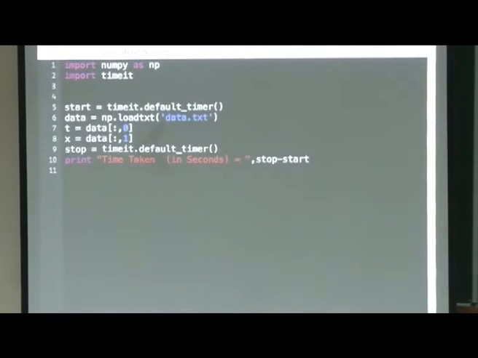First with ASCII. We will see how much time it takes while reading ASCII data and while reading HDF5 data. So I have introduced one import timeit. timeit is a library, so you do not need to install it. It is already installed. It comes with the Python package. Here I have written start timer. It will just start the clock, and here data is loaded with np.loadtxt, and t and x are the same thing which I have described earlier, and then it stops. I will compute the time taken in this operation as stop minus start, which will give me the amount of time taken in seconds.